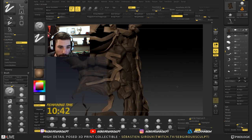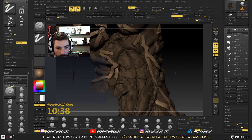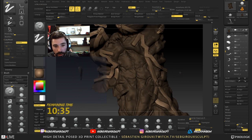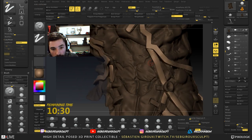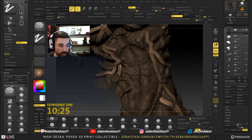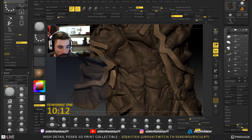Okay, so now one of the things that I want to do, since we got 10 minutes left, is actually the secret trick for the guys who didn't catch up on the last stream: every standard stroke, or right now I'm doing the standard IQ curve, which is basically the same kind of approach. You got a super tight line. You should always use with damn standard or standard an inflate or a pinch on those lines,